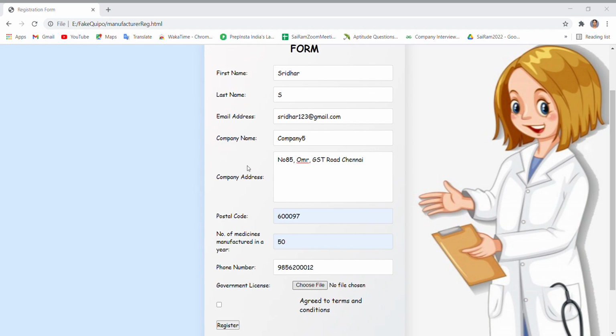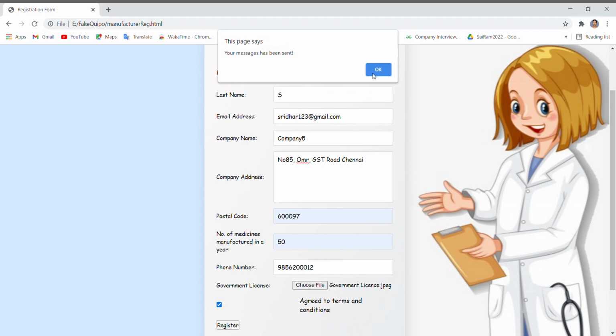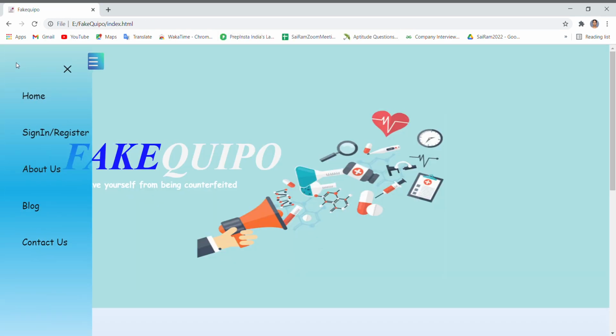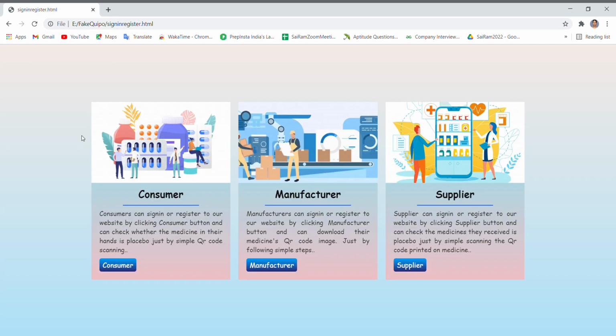So I am uploading the government license which I have, and I have been successfully registered as a manufacturer in this website.